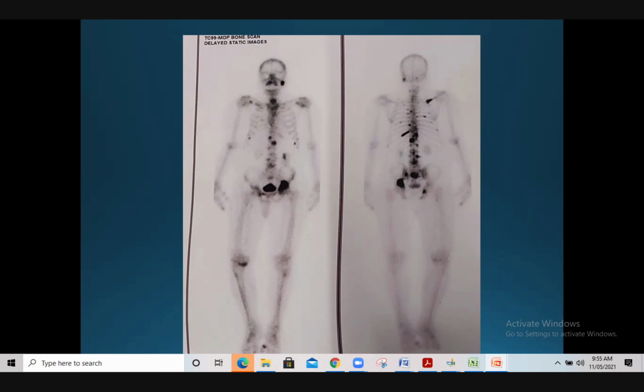Okay, now Prasanna, answer this question. You are talking of abiraterone and enzalutamide. You are talking of docetaxel. What is the outcome in T4 disease with this amount of spinal metastasis? What outcome will you tell the patient's relative?